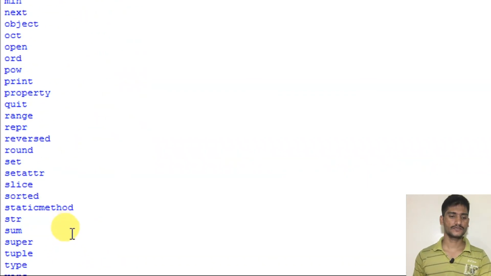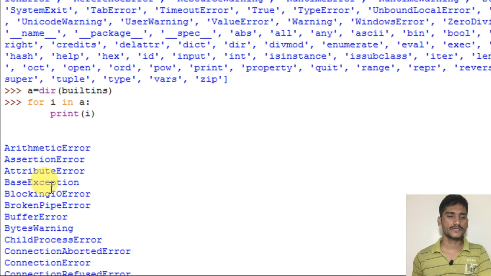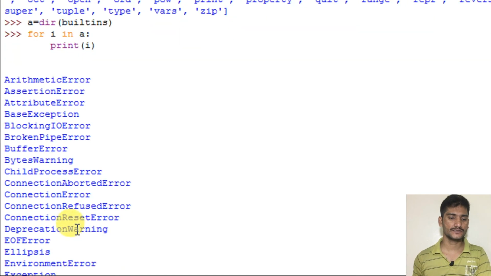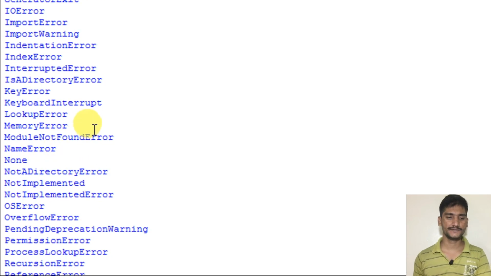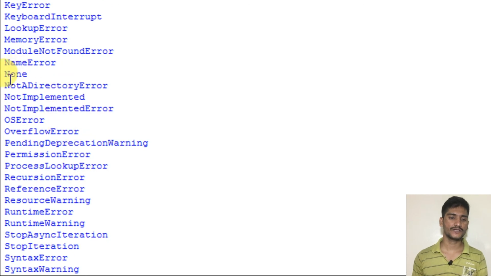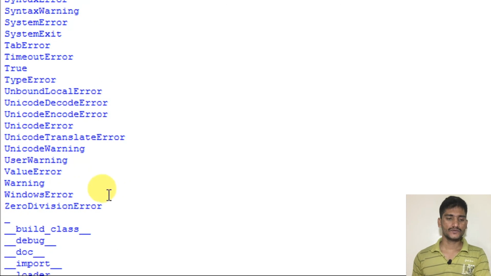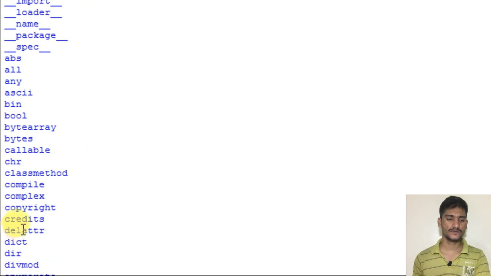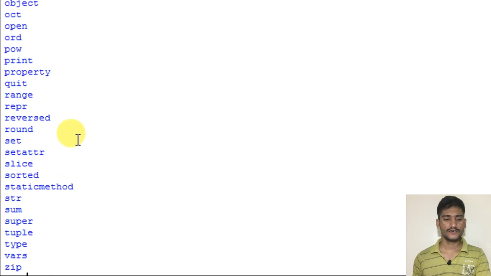See, these many builtins I have. So these are all the built-in types. Okay, AssertionError and so on are related to exceptions. I will explain in the exception topics. None is a no data type. There is nothing, no data. None means empty. True. See, this is abs, all, ascii, bool, dict, dir. See, these are all builtins.